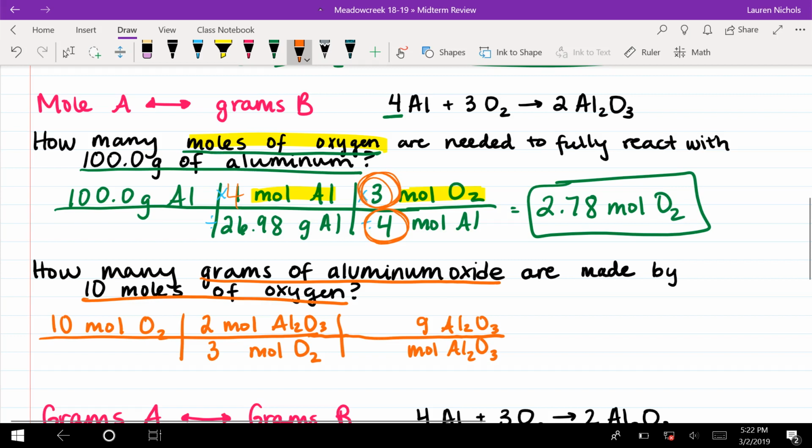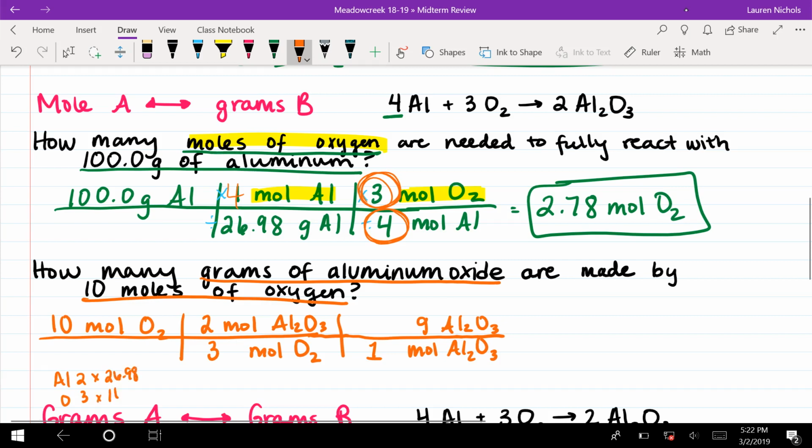I'm keeping the aluminum oxide part the same. I'm changing moles to grams, and I know that 1 mole is always equal to my molar mass. And so the molar mass of aluminum oxide we would have to calculate. So we have aluminum, we have oxygen, 2 and 3,